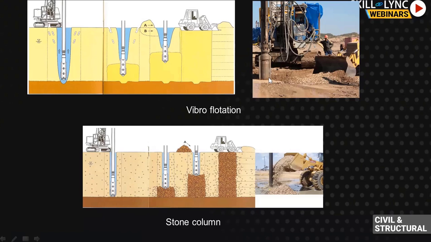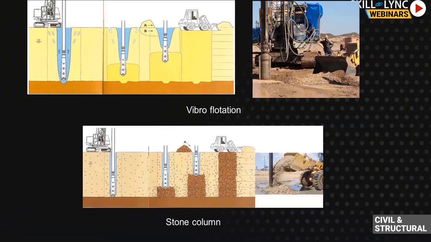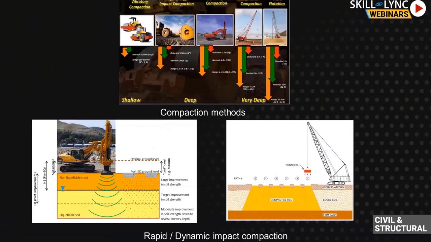These will be done at specified intervals, maybe 5 meter spacing or 3 meter spacing, something like that. So this is vibroflotation or vibro replacement, and in the same way, stone columns also. This is a wet process, and there is a dry process also. In the same way, you make a hole and then replace it with your granular material. This is a kind of dry process, but the principle is the same. Then next is the cohesive material. These kinds of improvement techniques will work only on coarse grained soils with a little amount of fines.